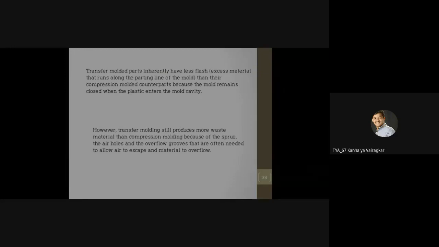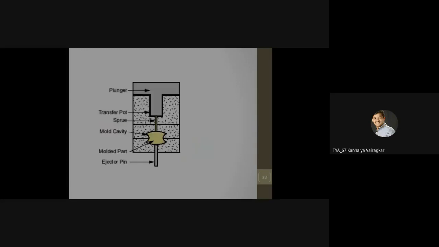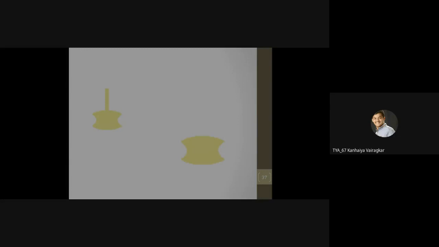But have you seen this first sketch? There is one extra rod-like structure, which is not a part of the component. It is because of the sprue. Are you observing here? So this is also wastage. Though flash is not there, we get this extra part, which is not going to be part of the final design.